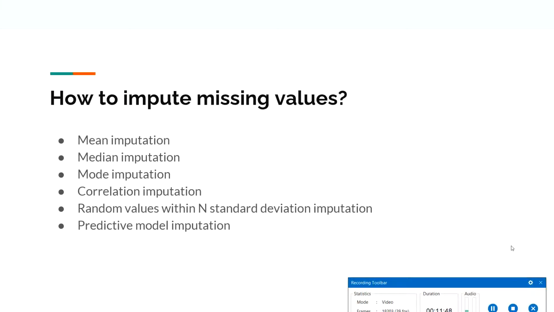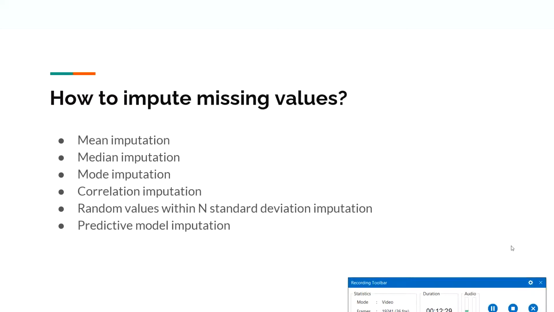Well, so these are the methods given, but it's possible that all of these methods sometimes may not work given the situation. You may have to come up with a totally new approach. However, most of the time these methods have worked. The only thing that you should understand while using these methods is when to use which method. So first let me explain how to perform, or what happens in each of these imputations, and then I will tell you how you can decide which method will work and which will not work given the problem statement. Alright.